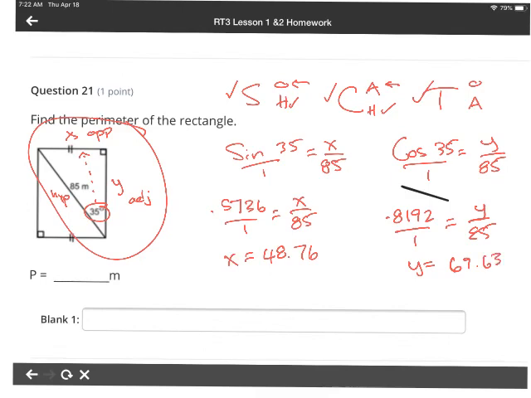Okay, so if we're finding the perimeter to the nearest whole meter, we have y equals a rounded value of 70, x equals a rounded value of 49. So we have 70 plus 70 plus 49 plus 49, and we get a perimeter of